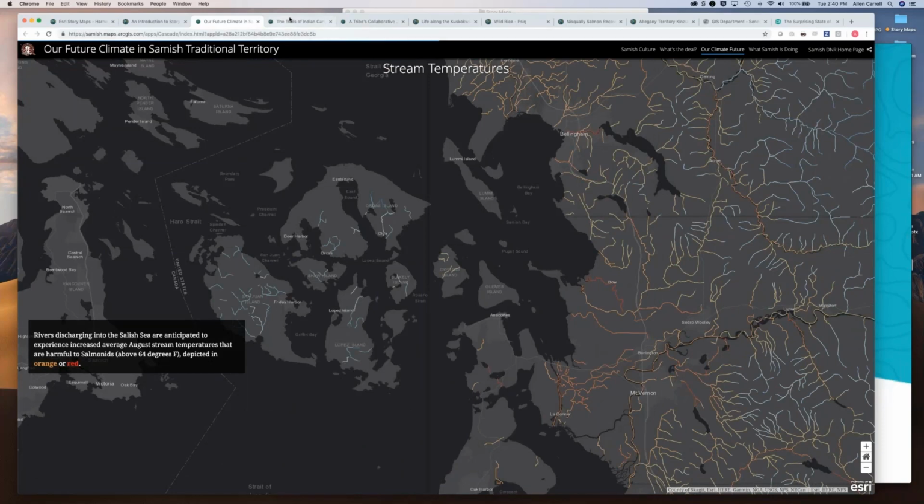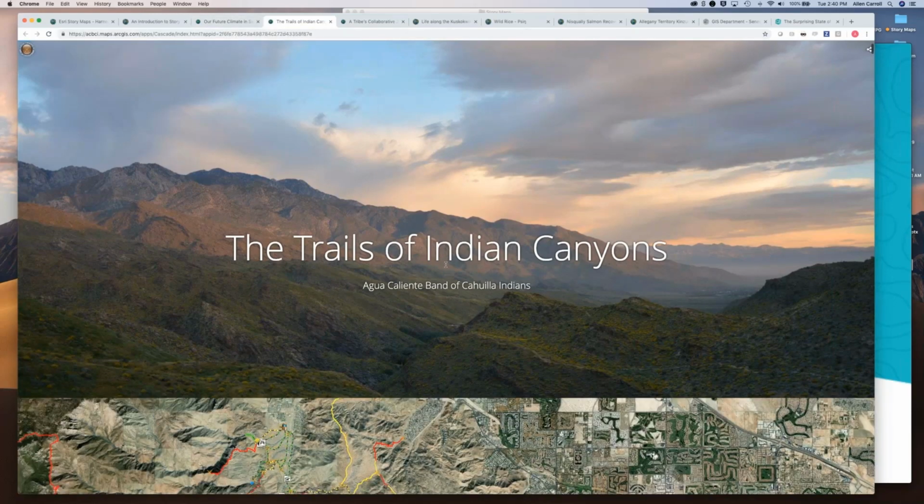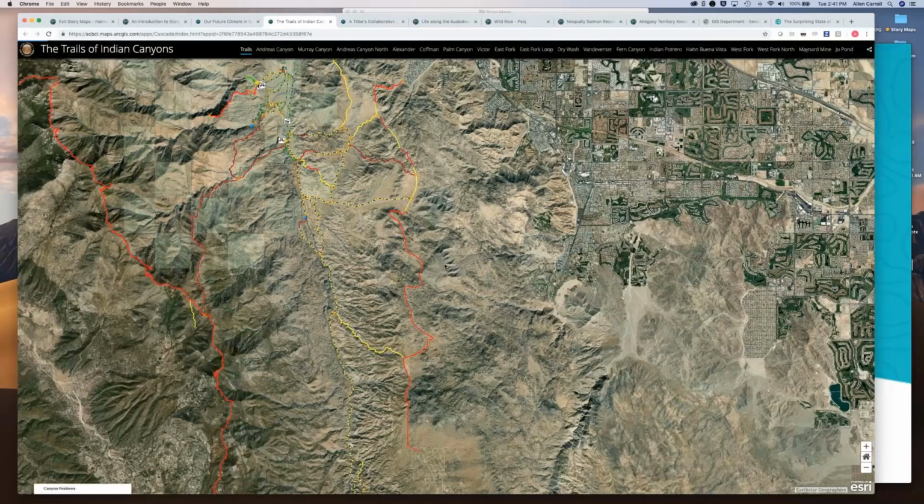I'm going to show you one other Cascade app that shows you also the diversity of topics that you can take on. So that was something that covers a large piece of territory, kind of conceptual, kind of predicting the future, and advising about resilience and adaptation to climate change.